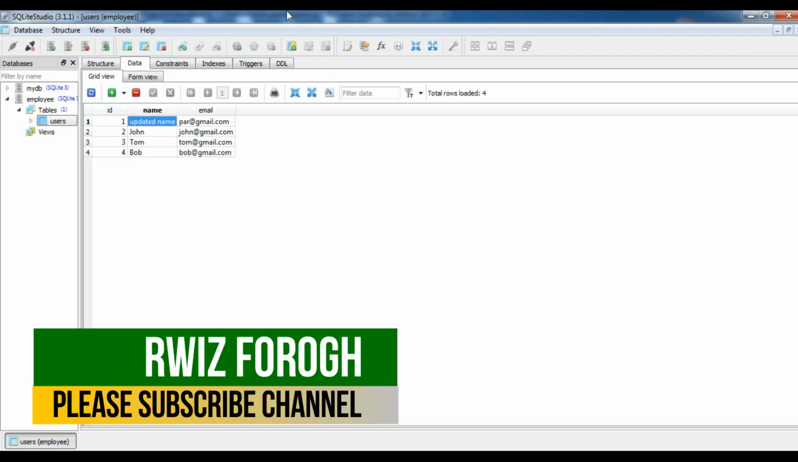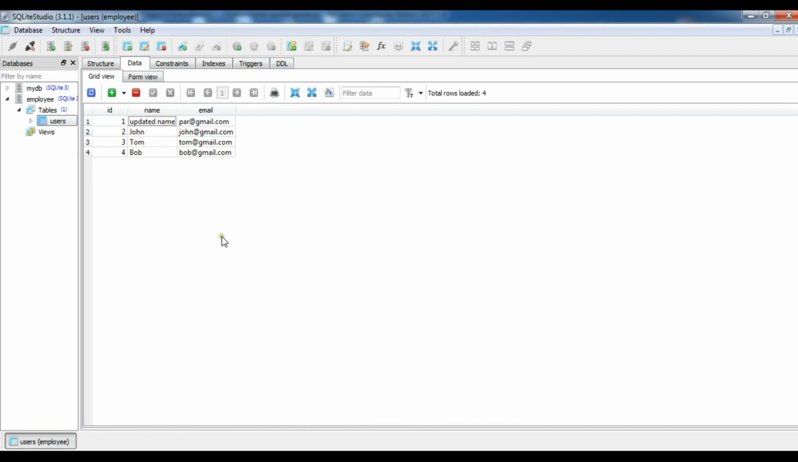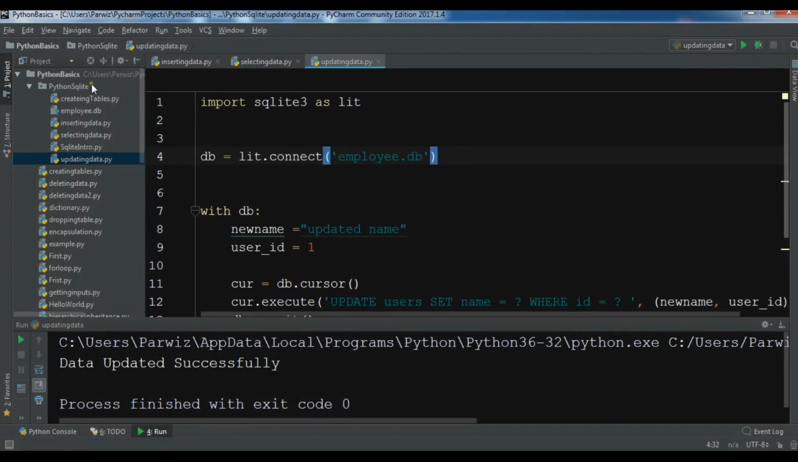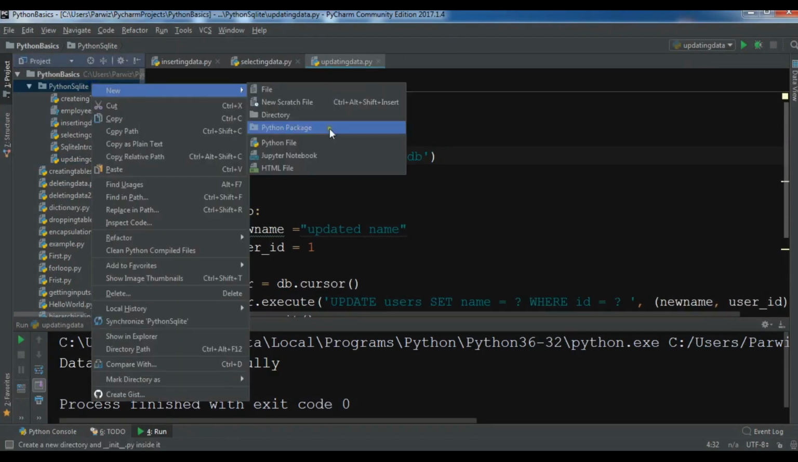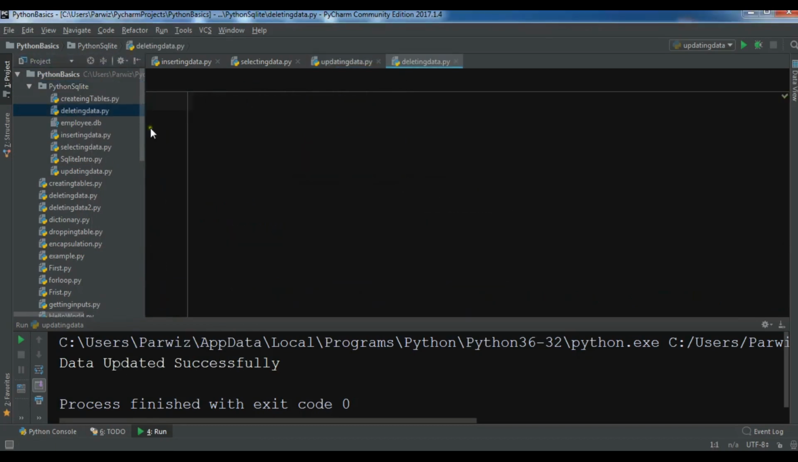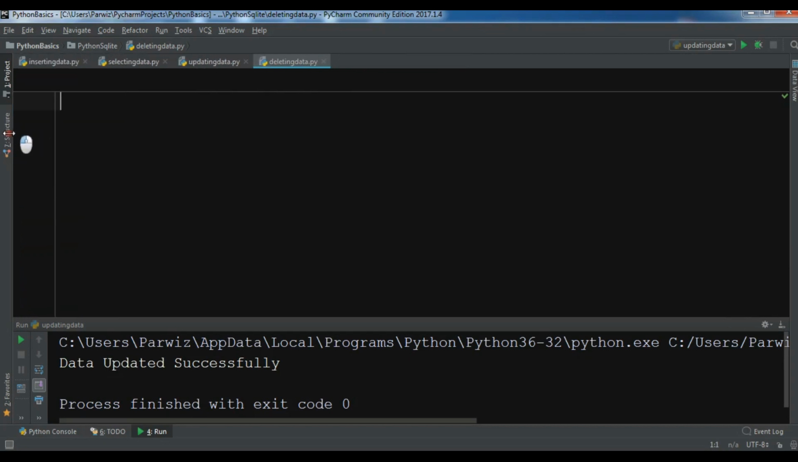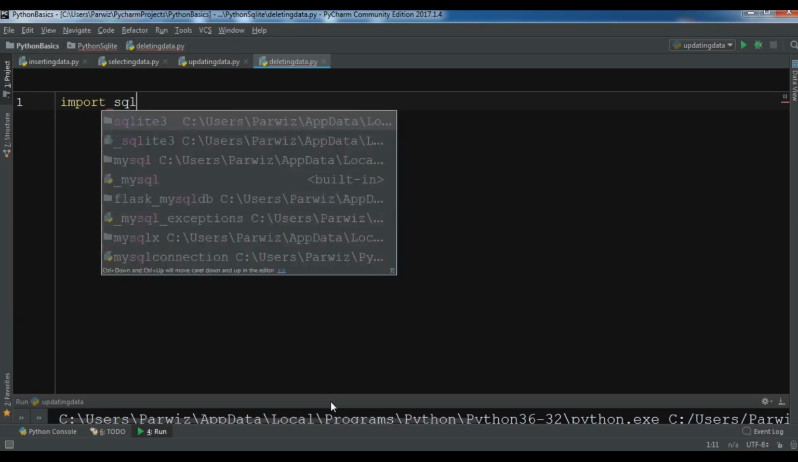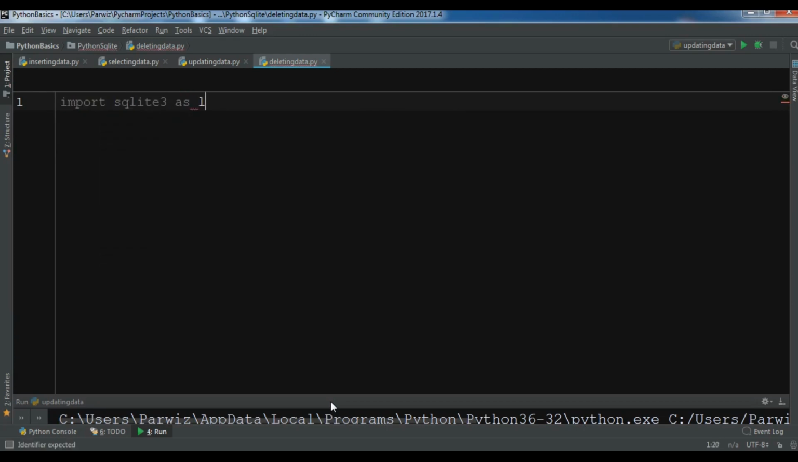Okay, now we have learned about updating data. The last one that we are going to learn is deleting data. So for this, let me create a new Python file in here. Deleting data. Okay, now the first thing you need to do is import sqlite3 as lite,